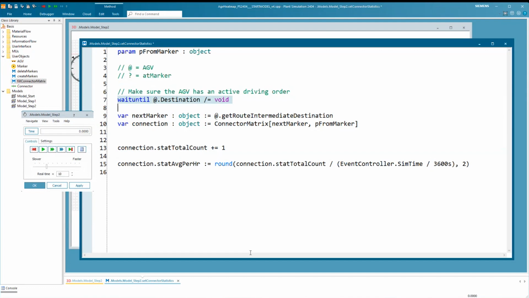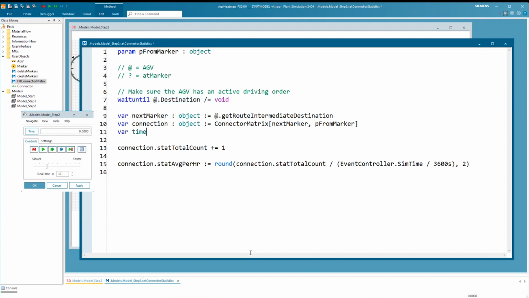But after this point, I'm leaving the marker. I may not already be moving, but the AGV should be leaving the marker. So maybe it has to rotate, accelerate, whatever. But anything before this is the AGV waiting for a new job. Anything after this is the AGV should start moving to that next marker.